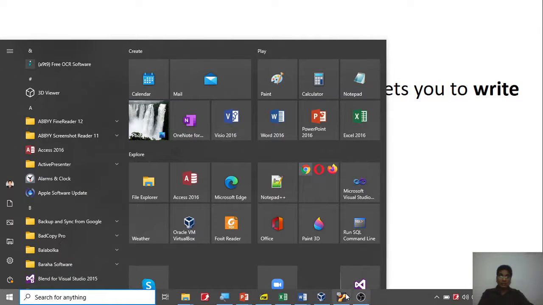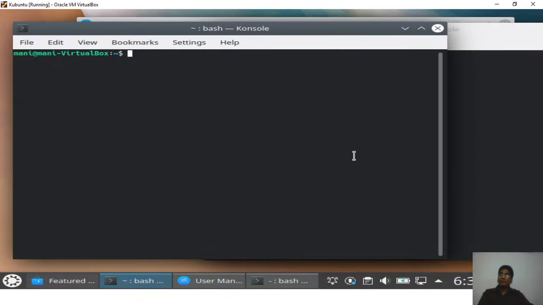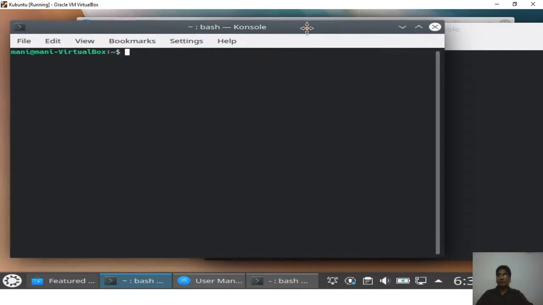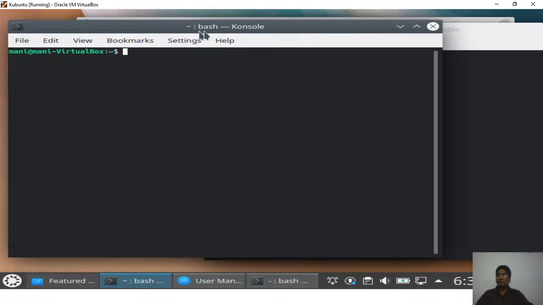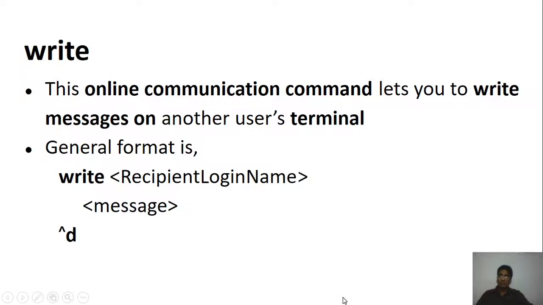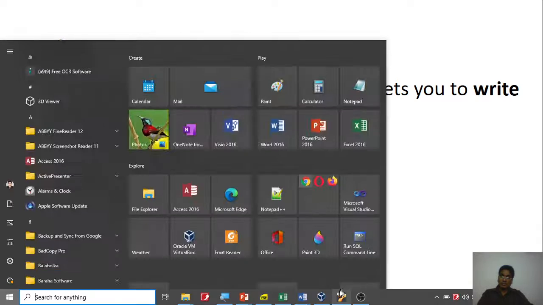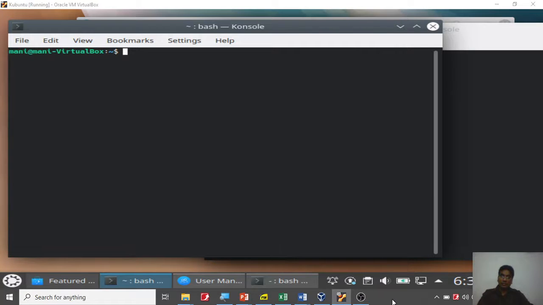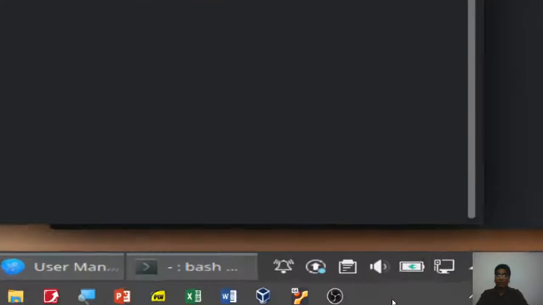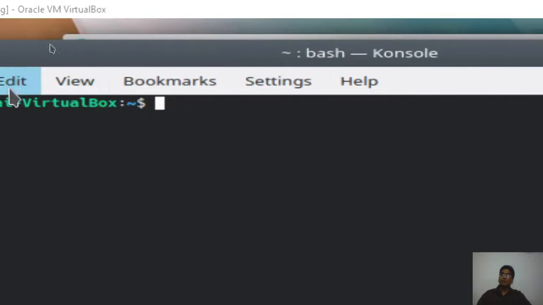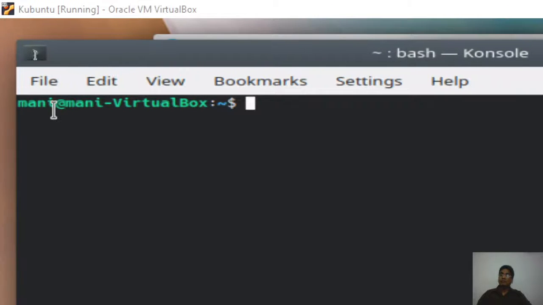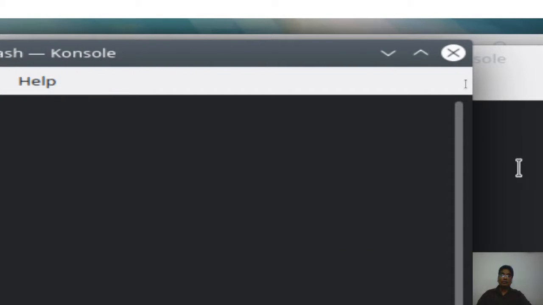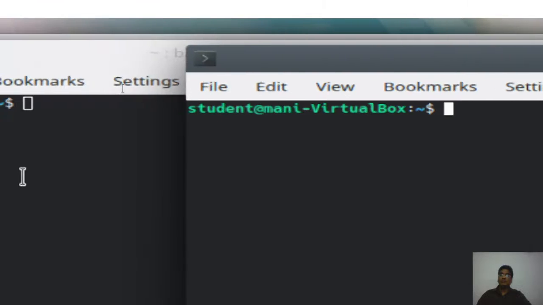Today I have an operating system called Kubuntu, which is the KDE version of Ubuntu. Now I have two users over here. As you notice, one user is money. Let me show you one more time. Just give me a second. So one user is called money. You can notice it there. And I have the other terminal, because I can't show you 100 terminals on this one.